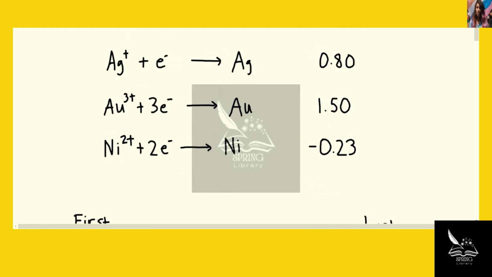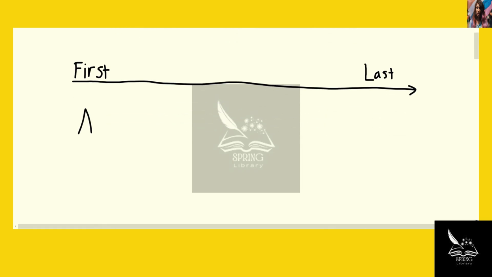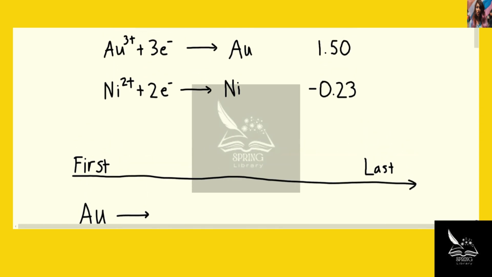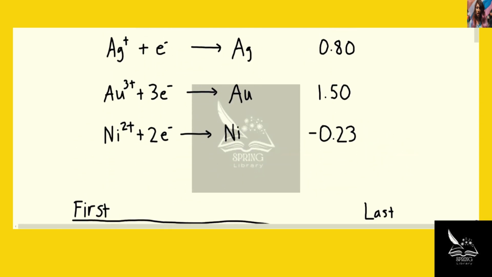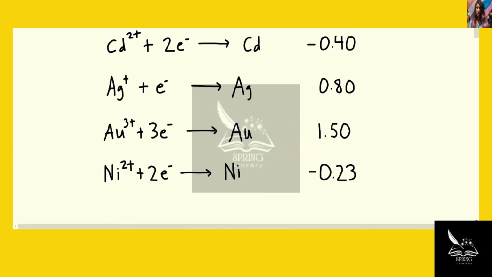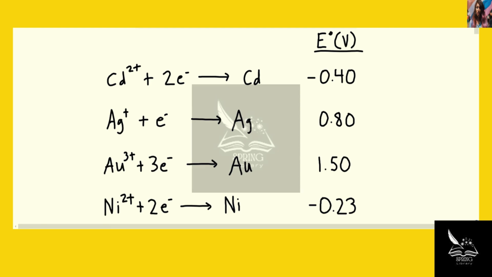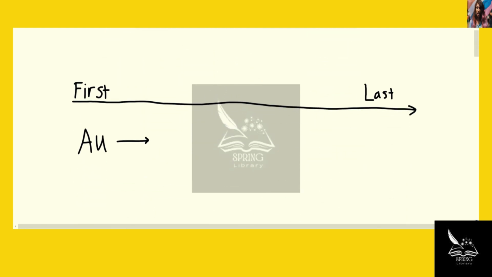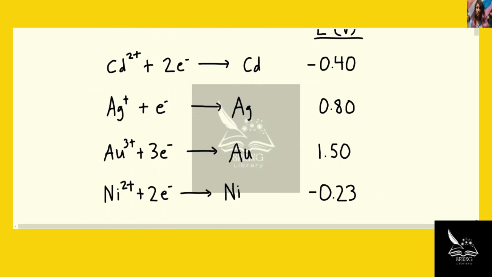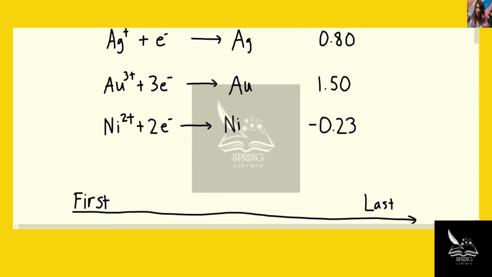And so when we compare all of these, the one that plates out first will be the one with the highest standard reduction potential, and that corresponds to Au. So Au will plate out first. And this will be followed by the next highest standard reduction potential, which is Ag, 0.80. And then the next highest is between the two negative values, the one that is the least negative, so Ni